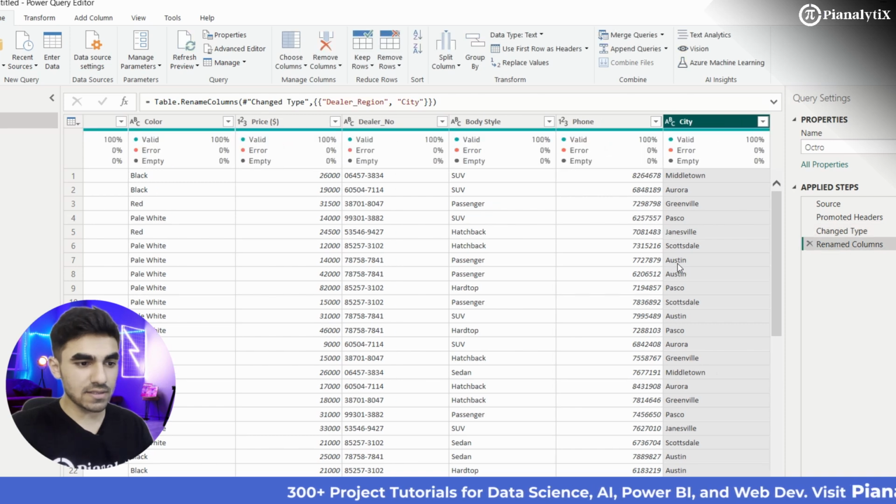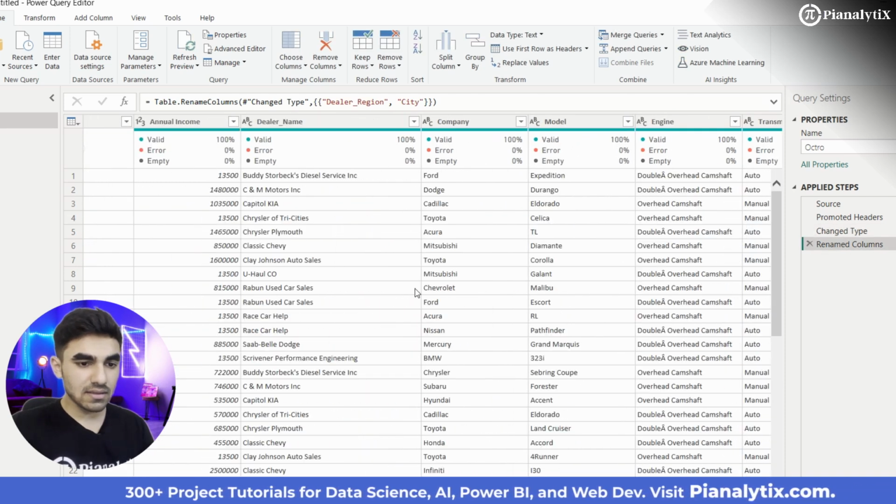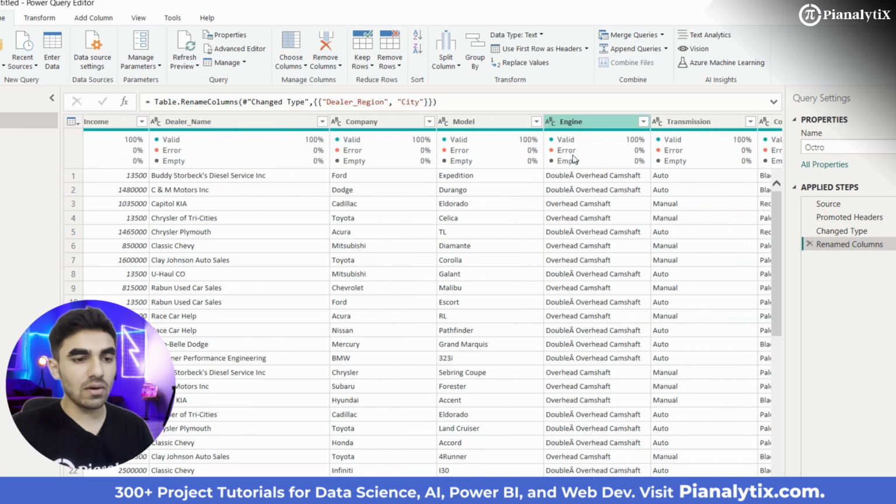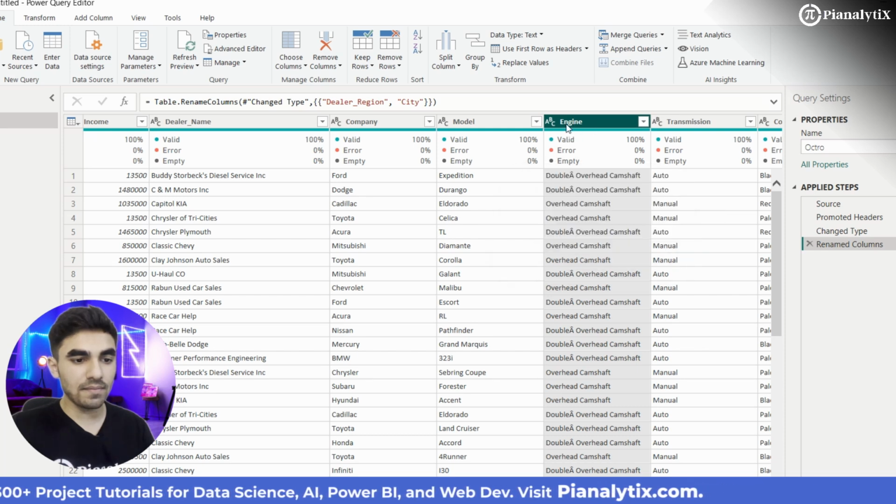And just one more transformation that we need is here in this column. Although we don't require this column as such, but for our data to transform completely and look good, we will